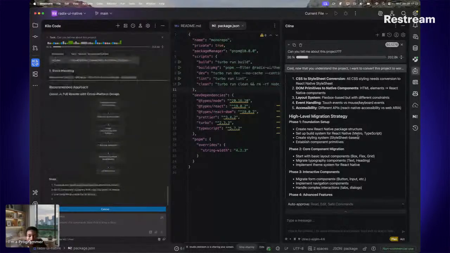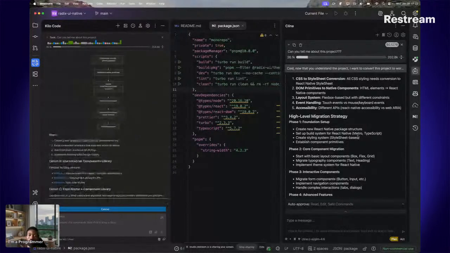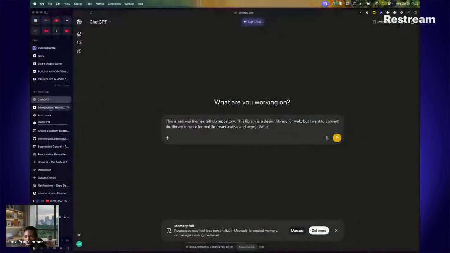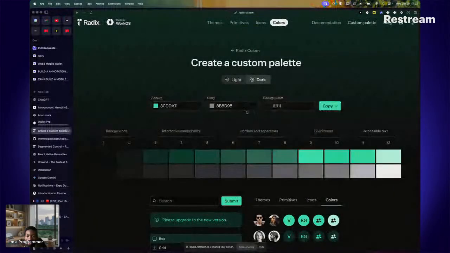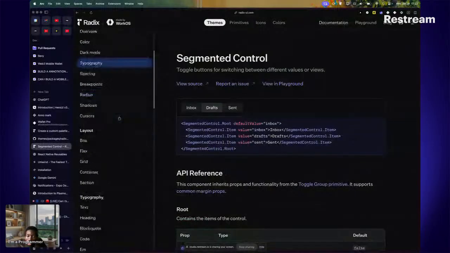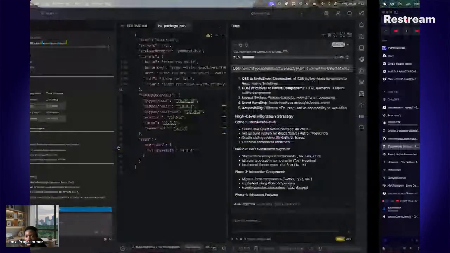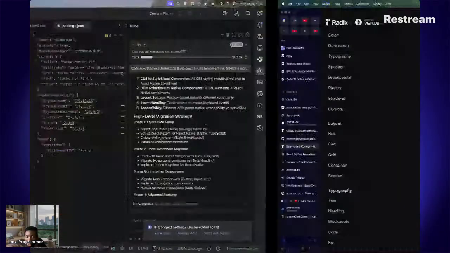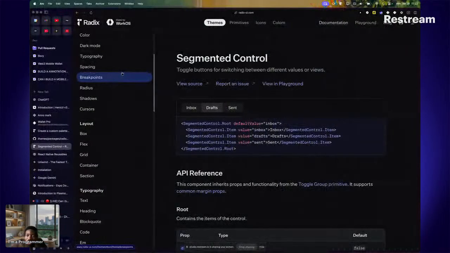So we establish component primitives. All the component primitives are going to be established. For instance, we are not going to use all of them. Like I said, we are going to stick to the ones we want to use. For instance, we are going to be using all the layouts. In this case, I already have all the layouts configured. I already showed you guys the layout. I have 15 of them already ported to React Native, even more than what is here. These are just five: box, flex, grid, container, and this. So I have these five already available for React Native. I created other ones that I picked from